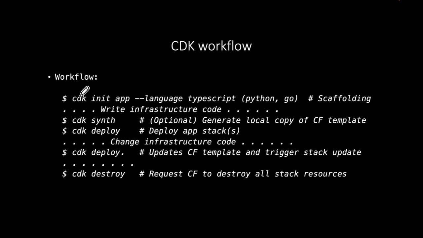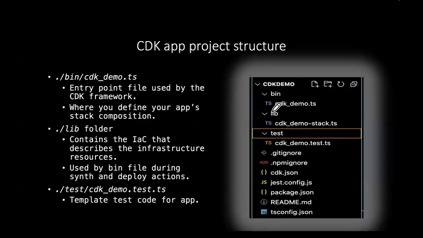So go back to it. So when we type this command here, it creates a skeleton CDK project on your file system, and this is what it looks like. Now, this is the main part here. In the lib folder is where we put our infrastructure code. And you have one file in this folder per stack. Now, typically, as I said, we would only have one stack in an application, so there will just be one file. So this is the file where I put my code that is describing the infrastructure that I want to have created for me.